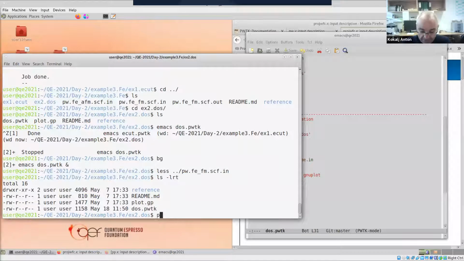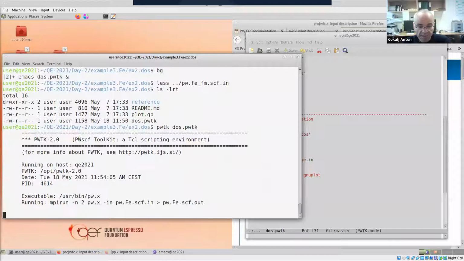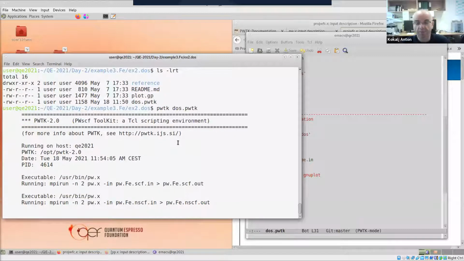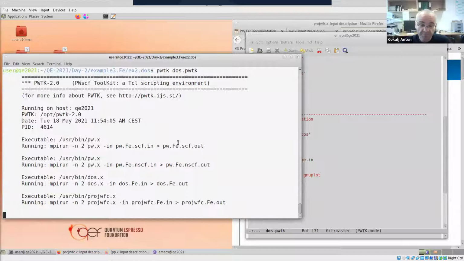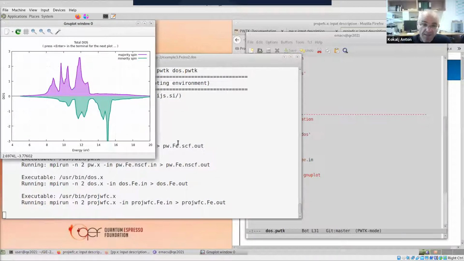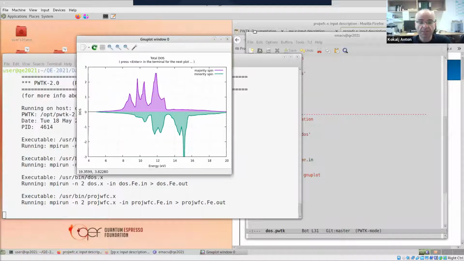Okay, so let us run this example. Now it's doing SCF. Now it's doing NSCF with a denser K mesh. Now it's calculating the density of states, and it will write to our files. Now it is calculating projected density of states, and now here is the result. This was the result